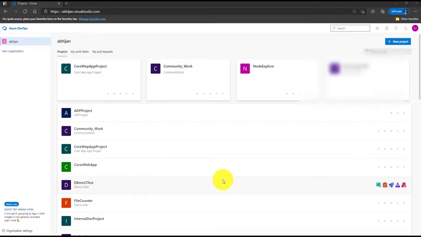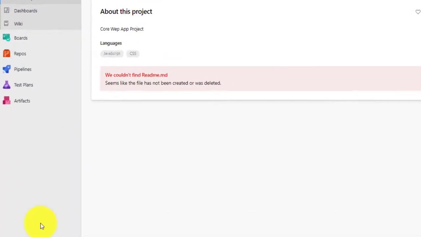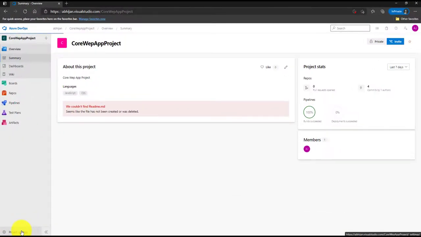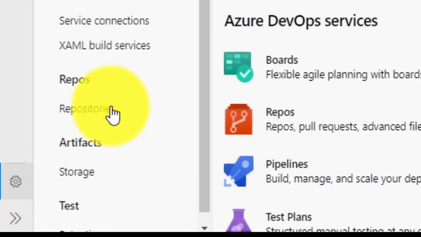In this video, I am going to show you how you can disable any particular repository for your Azure DevOps project. So to do that, select any specific project, go to the project settings, select repositories under the repos,